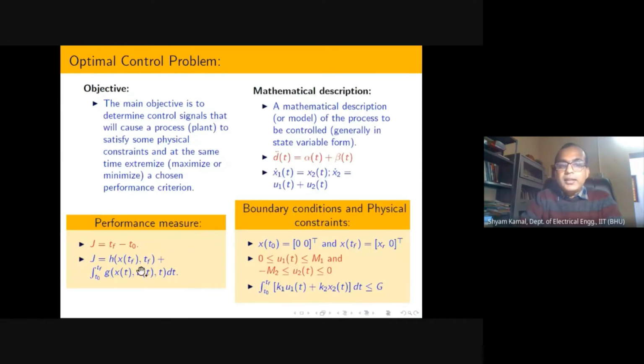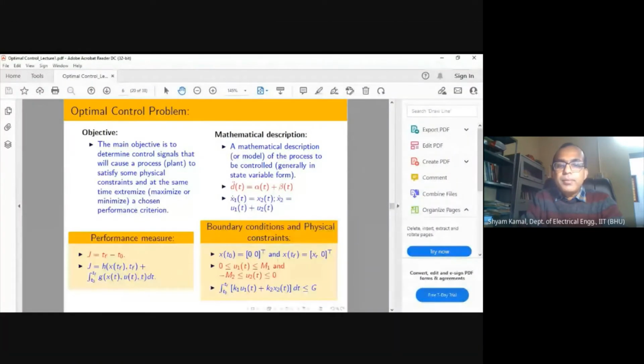So here in this particular process, you can see that this G is a function of x(t) and u(t). What do we have to decide? We have to decide the admissible trajectory x(t) and admissible control u(t), such that this J has some kind of minimum value or maximum value depending on our information. So now, could you please tell me the difference between function and functional?